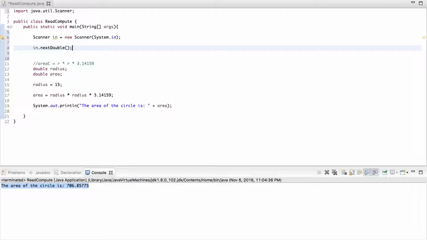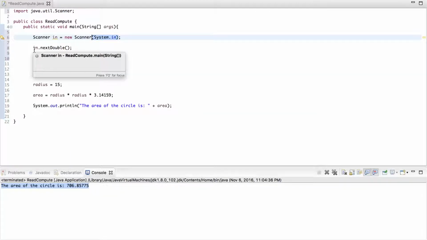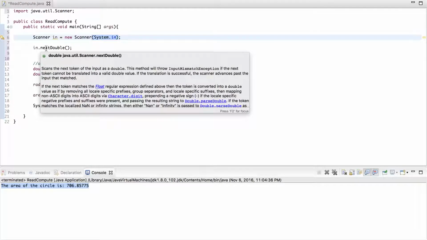Now this is great. So we're getting the next double, but where are we getting it from? Right? So we already know that we're using the default system in, which is keyboard. So that's defined. That's fine. Okay, we're getting it from the keyboard. But where are we storing it? Nowhere as of yet, which is a problem